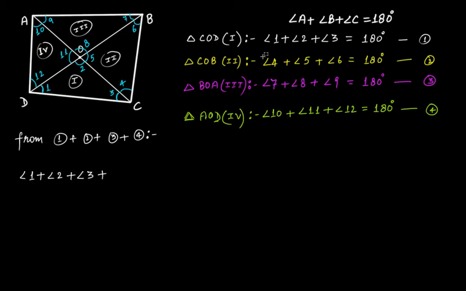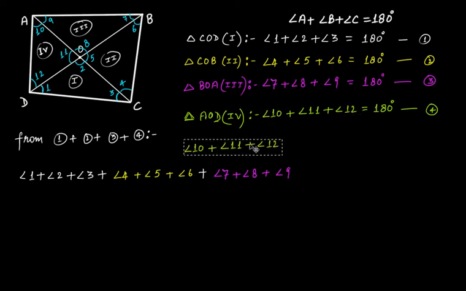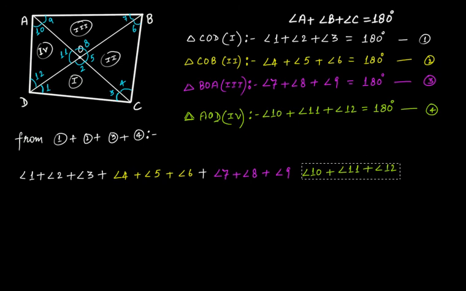Plus this one, plus this one, and plus this one. So when we add these 4 equations together, we add the left hand side together, and then this is equal